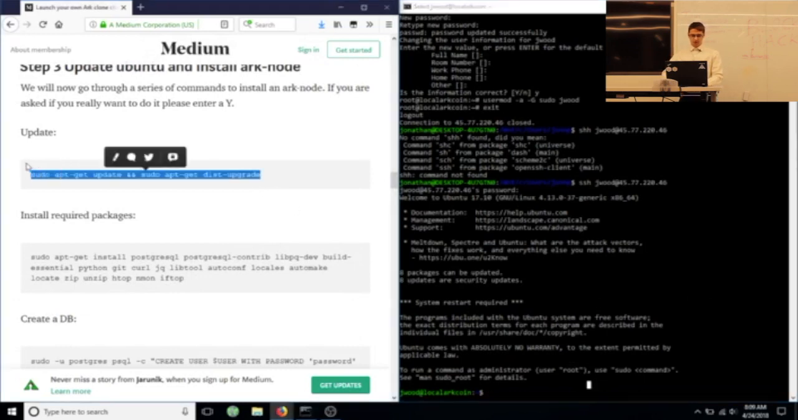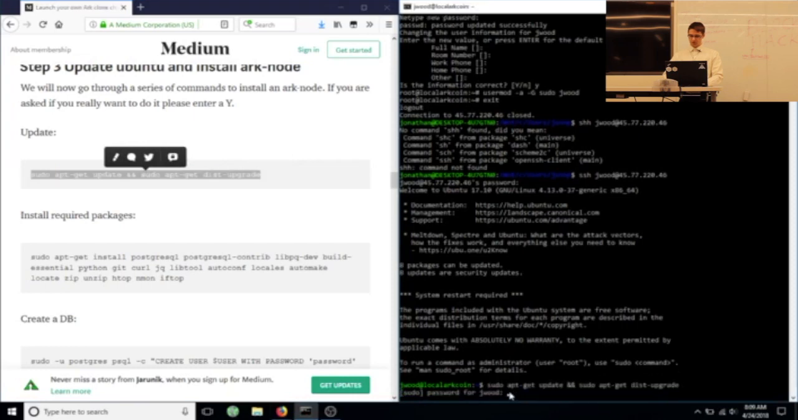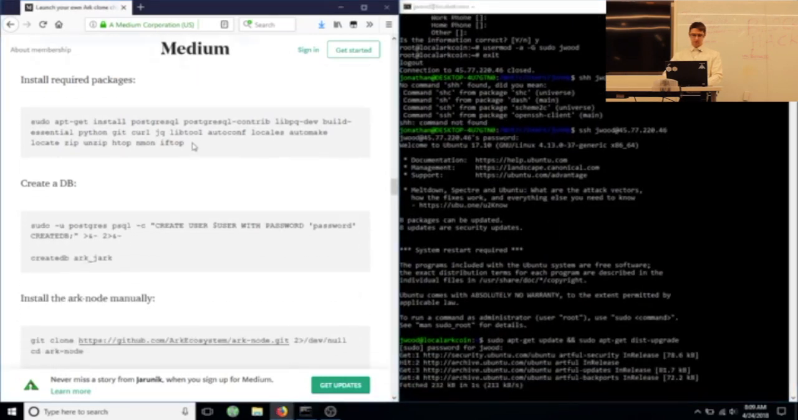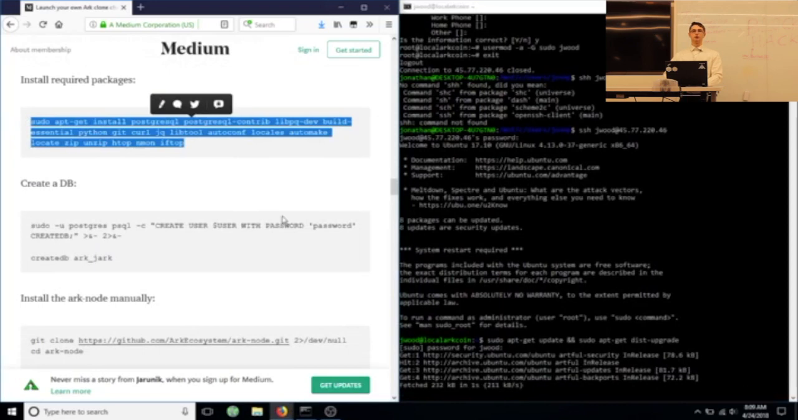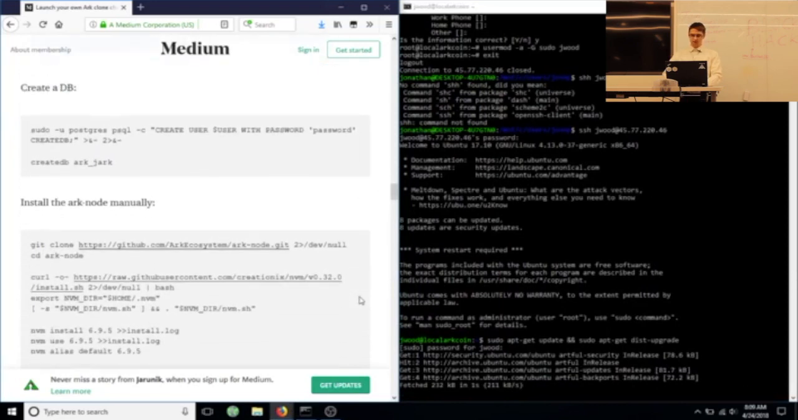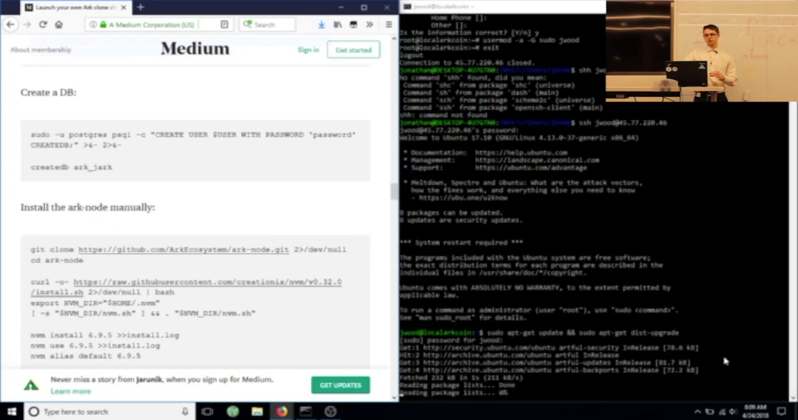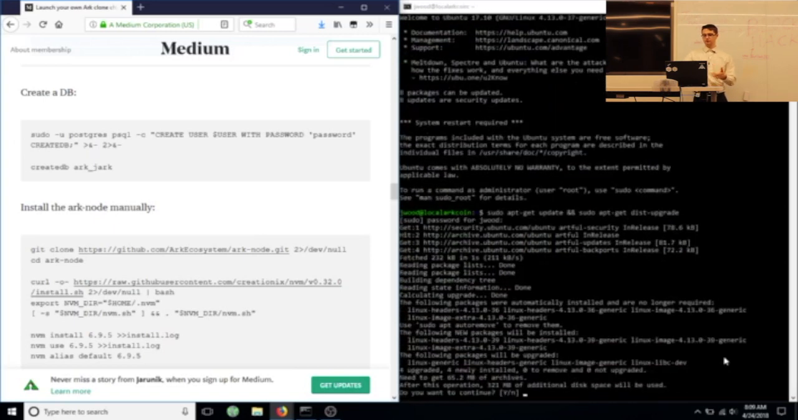Now, let's make sure we have updates of packages, and the next few steps can just be copied and pasted in. And in a moment we'll be getting to a rather large chunk of files